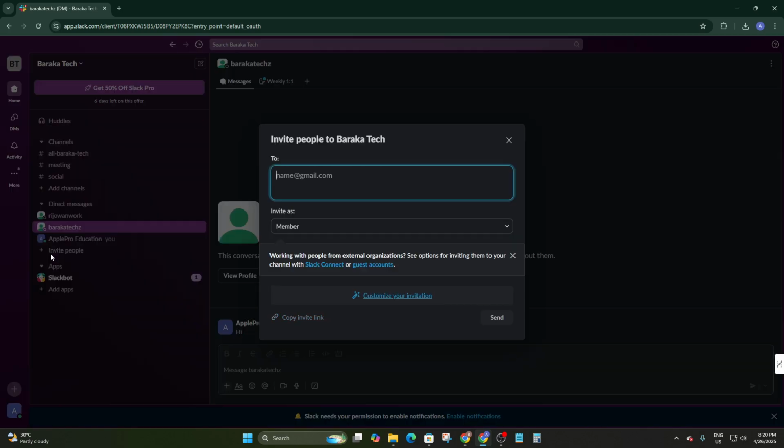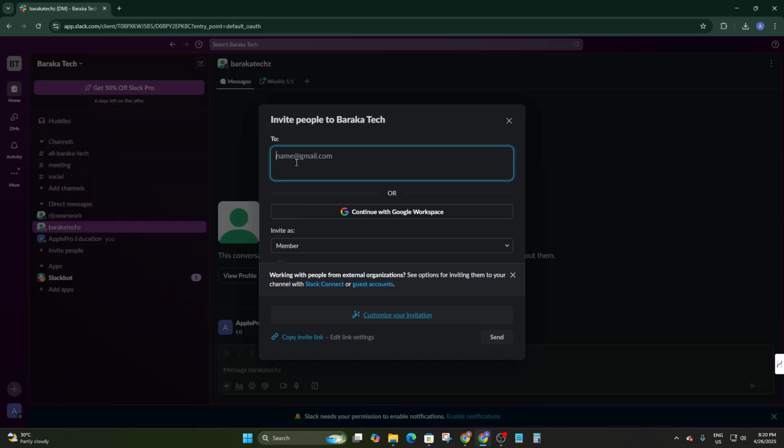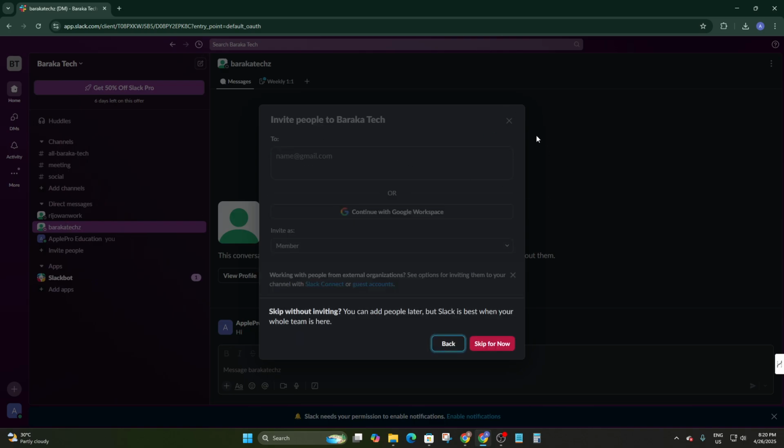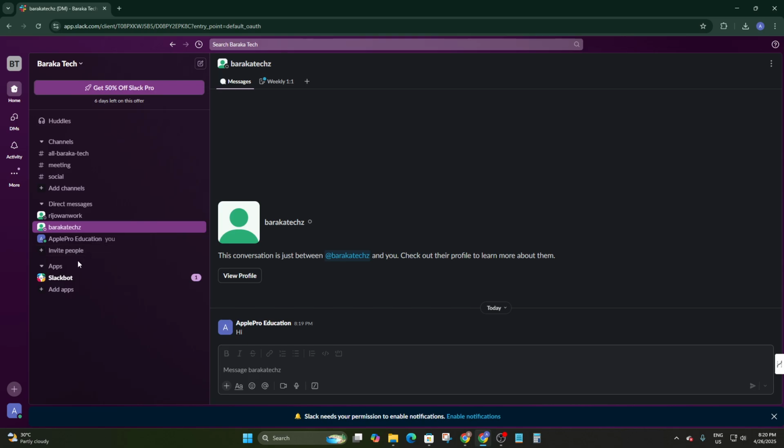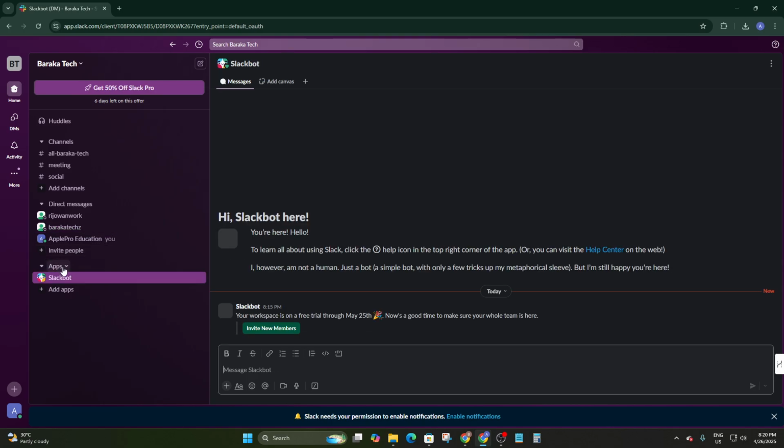Now you can invite people by tapping on this invite button here. You can add their email address here, then you can send the invitation through their email. So skip for now. And here are the apps, one of which is Slackbot, that you can ask